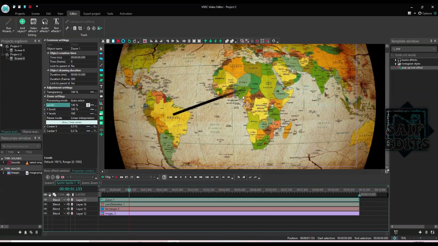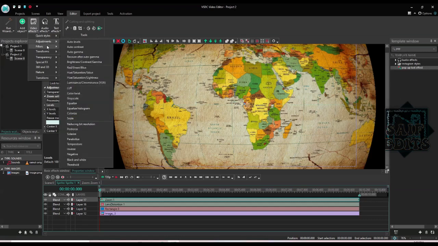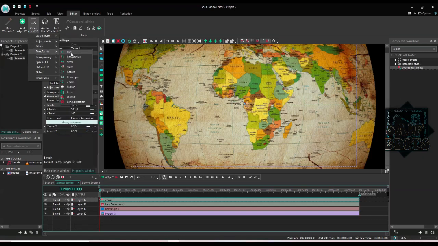So now you can see it is like a globe. If you play, this is what you have. Now you want to give movement to your map with the line. So what we will do is add crop, pan and crop. That is the effect we will create with the crop effect. For that I have also made a video to show the fake camera effect that you can go and watch on my YouTube channel. Here, to apply the crop effect, we will go to transform, apply crop,